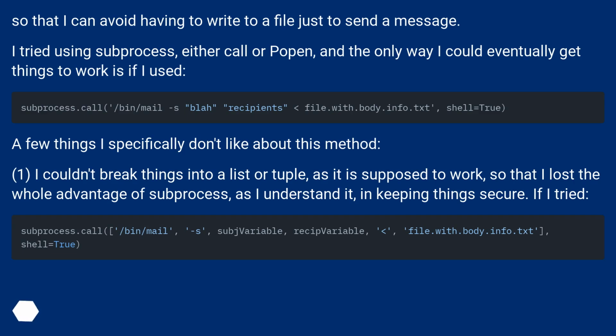So that I can avoid having to write to a file just to send a message. I tried using subprocess, either call or Popen, and the only way I could eventually get things to work is if I used